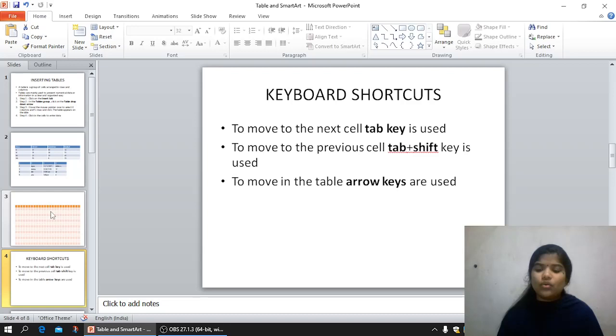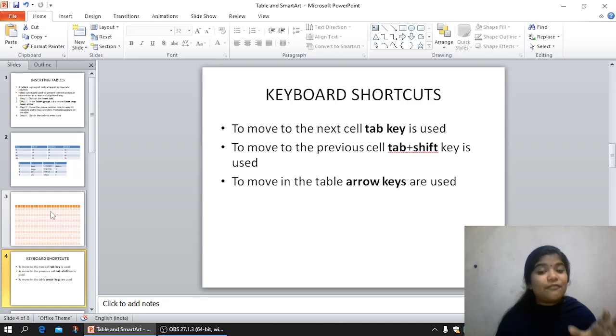In your keyboard, the Tab key is placed on the left area. Then the next shortcut method is to move to the previous cell. To the previous cell, Shift plus Tab is used.